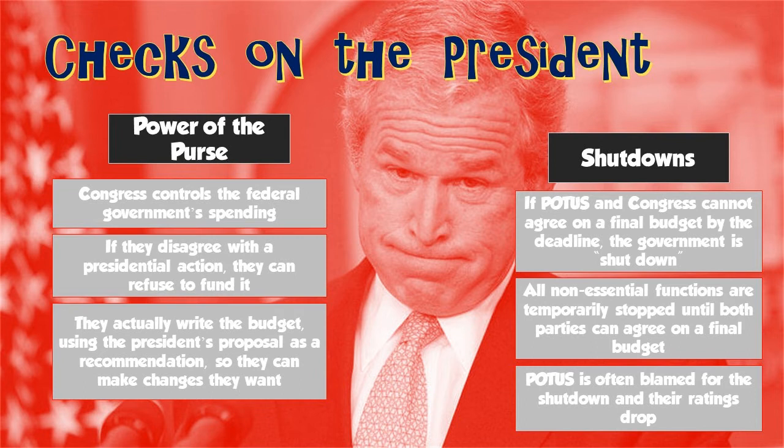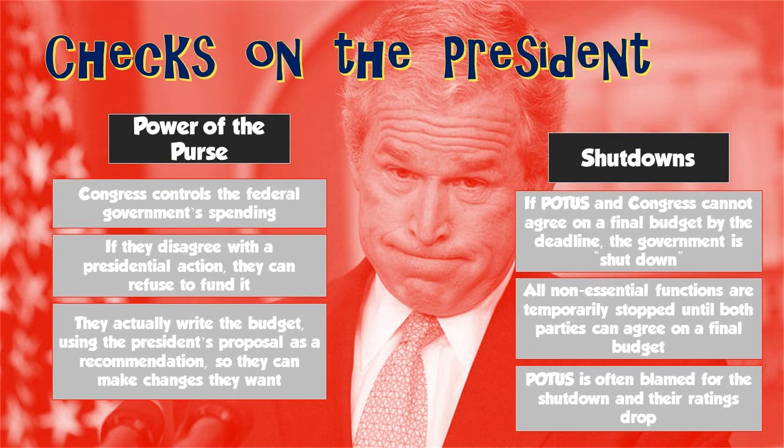So, things that are non-essential: in the picture at the beginning of this section, that was the Lincoln Memorial. And since it's a national park, national parks are not essential. We don't have to have those every single day. So if the government does not have any money to fund itself, services like that are going to stop. And so services in all different levels of government are stopped. Like the IRS won't be processing tax returns. Inspections won't be handled by the EPA of factories and things like that. But essential functions will continue. Like we'll still deliver the mail. There will still be a military. Congress and the president must still continue to work so that they can find a solution to this problem.